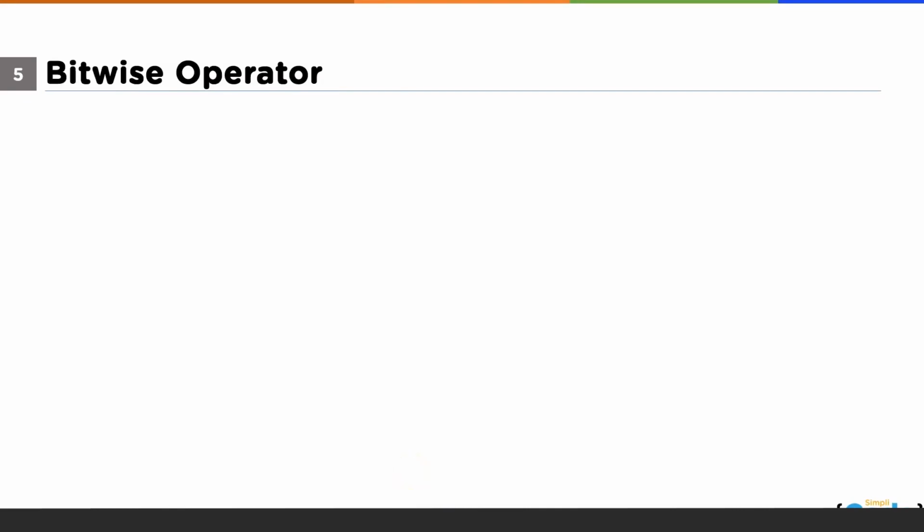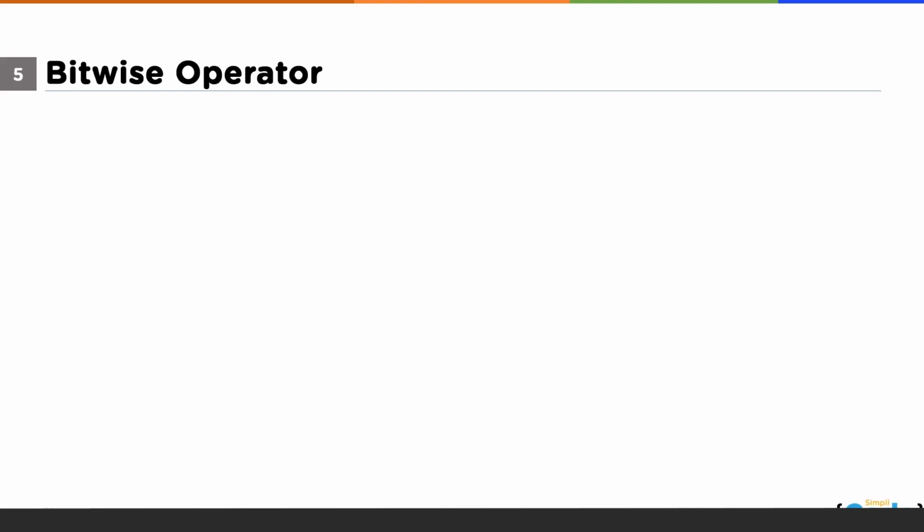This operator doesn't have that much of practical usage in the real world. They are not definitely useless, but this is something we are not going to use on a daily basis. So in computers, if you know, the numbers are stored in binary format. Bitwise operators work on 32-bit numbers. We understand decimal numbers, but the computer works on binary numbers, right? So when bitwise operators are used, any operand present in the operation is first converted to a binary number and then converted back to a JavaScript number.